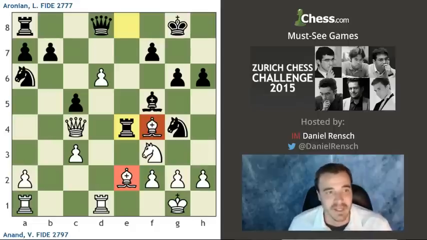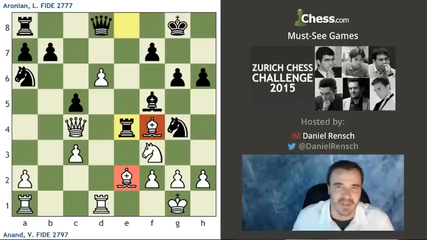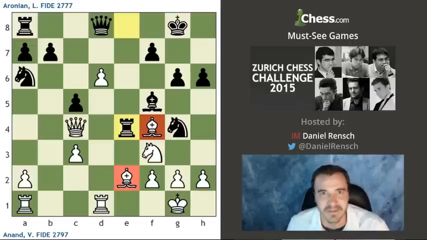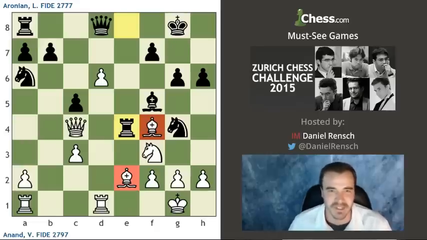And the analysis, you'll actually see this in the article, the news report by Peter Doggers, suggests that Black did have a chance to equalize, but Aronian made comments that he had seen bishop before and forgot later, and I was told by a very strong grandmaster friend of mine that he kind of called him on that, let's just say that he's barking, meaning he didn't actually believe that was true and thinks that was just something that was said. But what we're going to see here is that it's instructive because